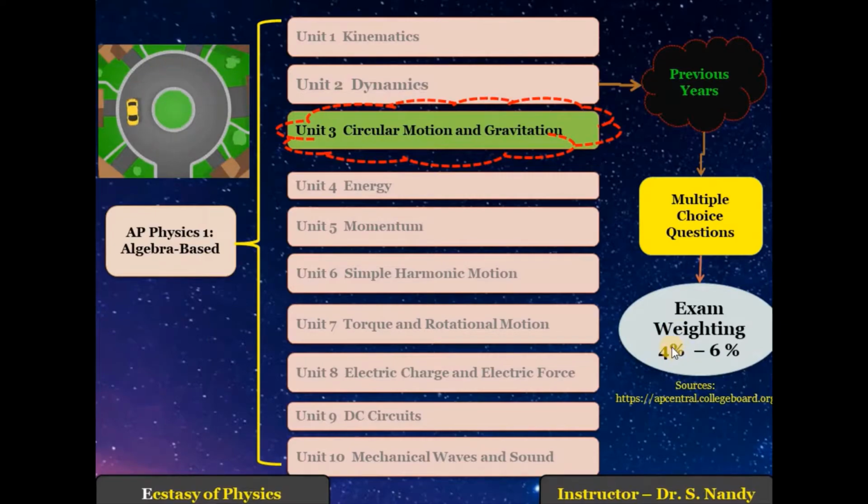Here it's given that the riders in a carnival ride stand with their backs against the wall of a circular room of diameter 8 meters. That means the radius is 4 meters. The room is spinning horizontally about an axis through the center at a rate of 45 revolutions per minute. So its angular rate is given as 45 revolutions per minute, and from there we can determine the angular speed.